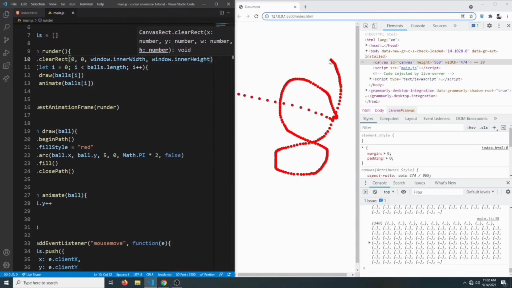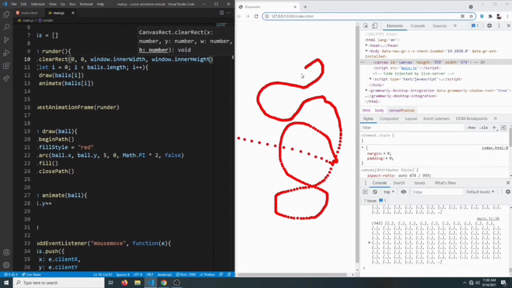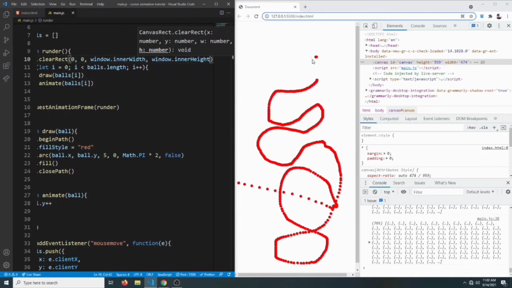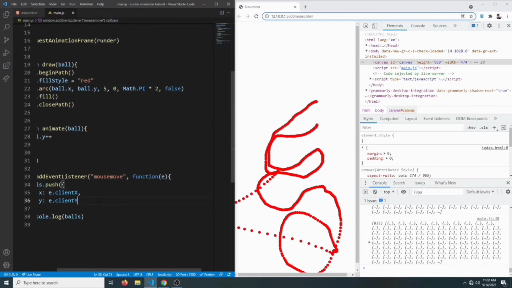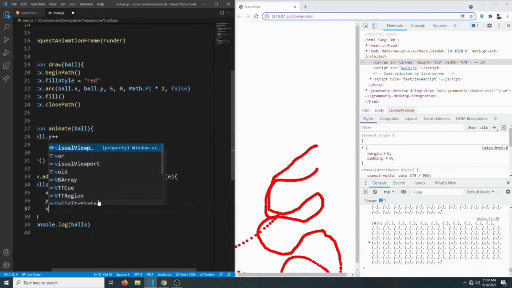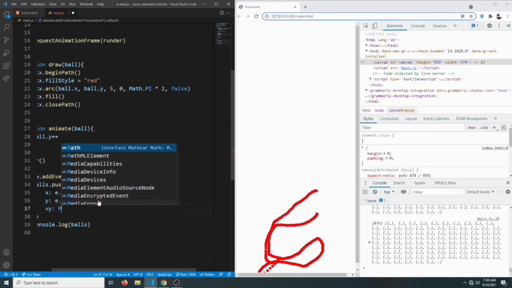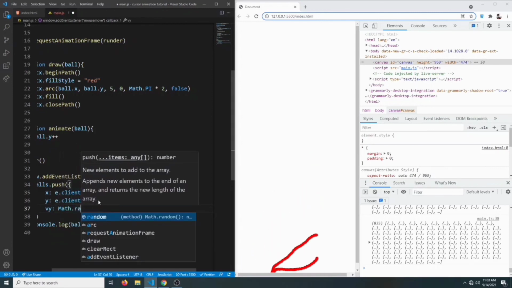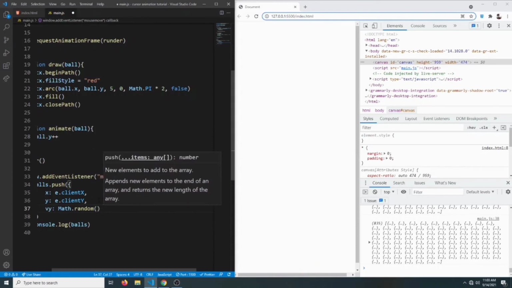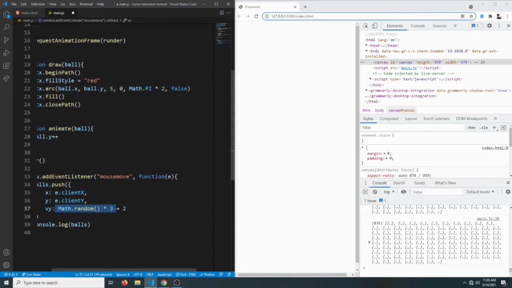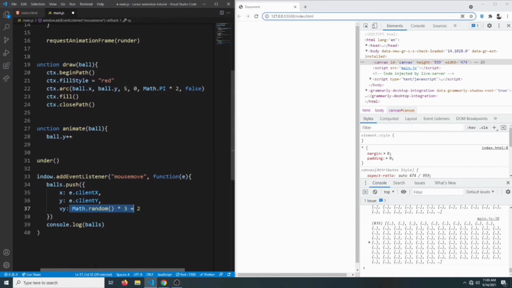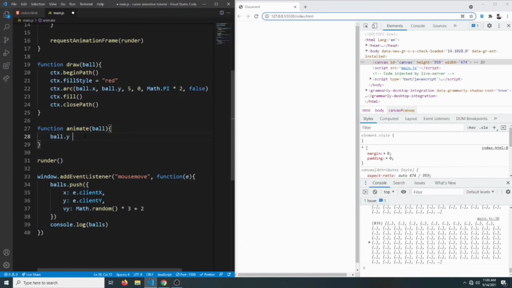As you can see, this is kind of what we want, but every circle is now moving at the same velocity. This does not look good. So what we can do is give every one of them a random velocity. So we can also say something like vy for y velocity. That can be something like Math.random times 3 plus 2. So basically this will give us a random number between 2 to 5. Okay, let's see. Now in the animate function, instead of just increasing the y value by 1, we have to increase the value by the y velocity. So we can say ball.vy,